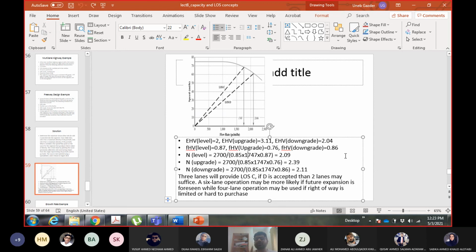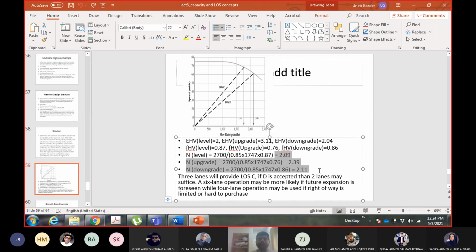If you provide 3 lanes, this means it will be a 6-lane freeway. So providing 3 lanes doesn't have any problem. You are fulfilling the condition for all cases: level, upward, downward, all of them are less than 3. So if I give 3 lanes, this is more than enough for all cases. With 3 lanes, I don't have to perform any check. So 4 lanes may be acceptable in the present case, and 6 lanes is highly preferable for any case.